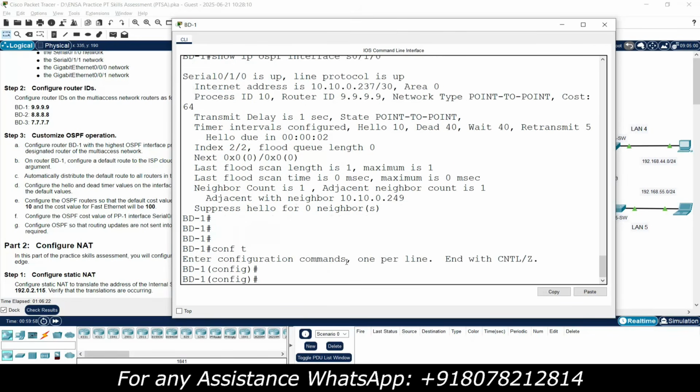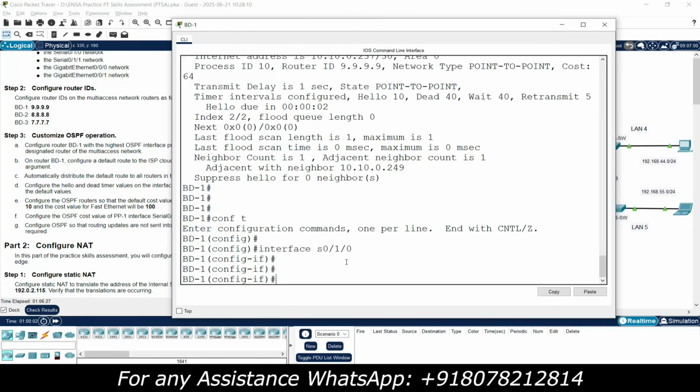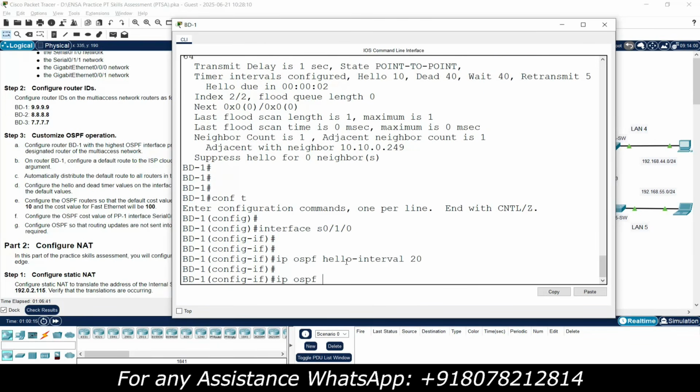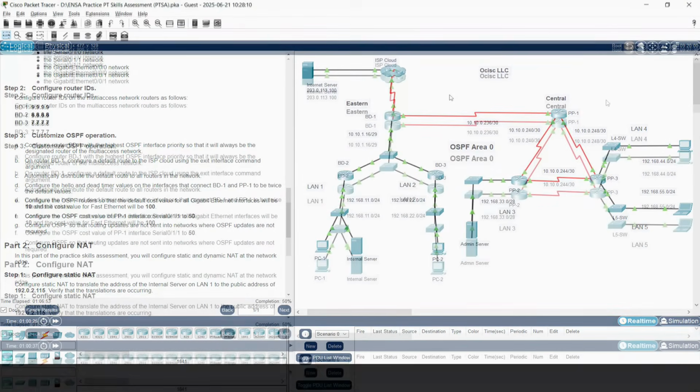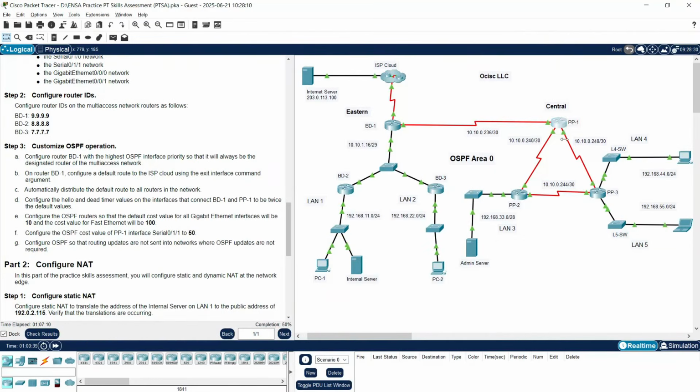Configure terminal. We will go to interface serial 0/1/0, IP OSPF hello interval. We will give it twice. Default is 10, so it's 20 now. IP OSPF dead interval 80. On the other side,